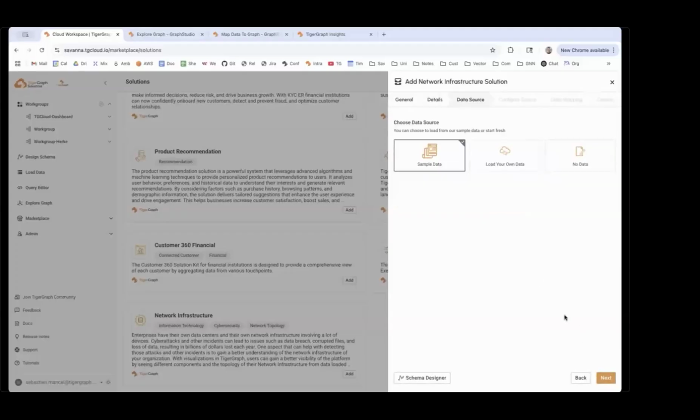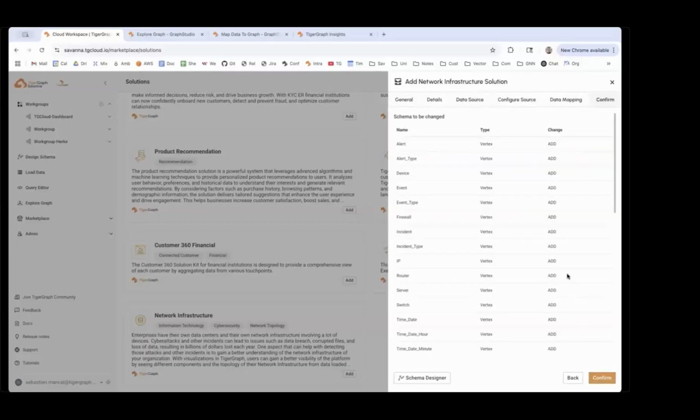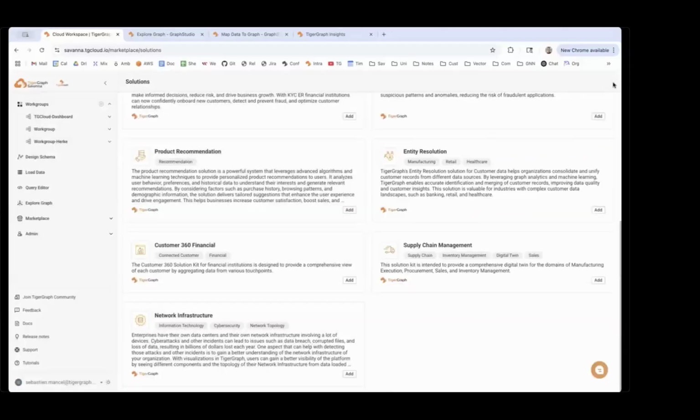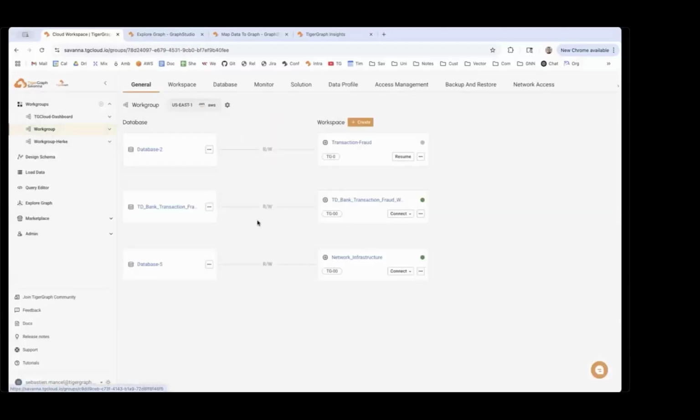And here I have the option to either deploy the kit with the sample data set provided, I can deploy it with my own data, or I can deploy it with no data. And then finally, I can see all of the vertices and the edges that are provided in the kit. As a reminder, a vertex is the equivalent of a database record, and an edge defines the relationship between these records. So I'm going to go ahead and navigate to my workspace,